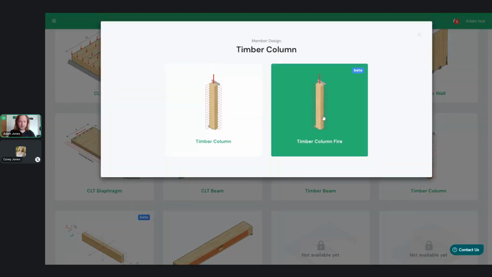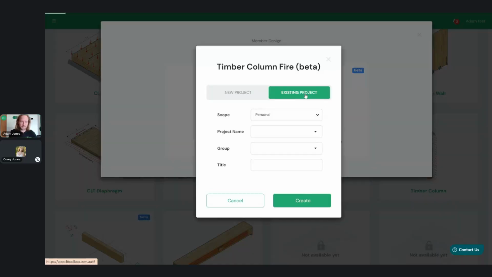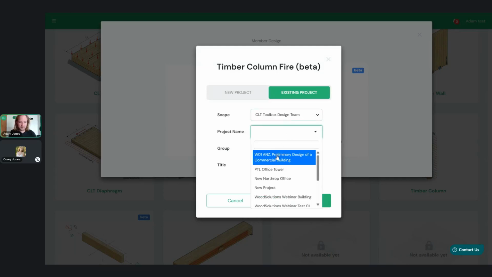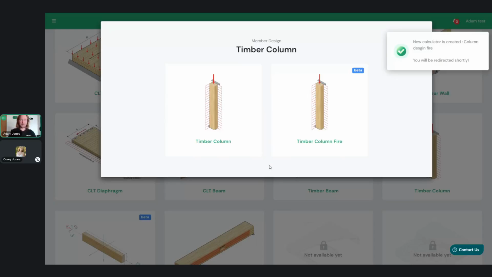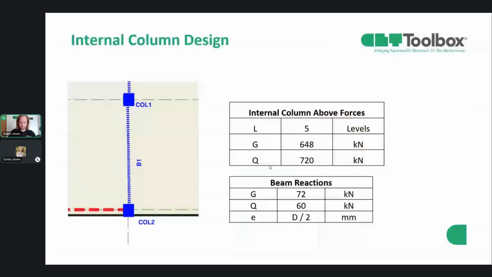Let's say we're designing a column, in an existing project. Let's find the webinar we were just working on. You can add it to groups if you wanted to, but let's just do a column design from a fire point of view. In the webinar, we had 648 kilonewtons for 5 levels of load and dead, and 720 kilonewtons with 2 beams connecting in